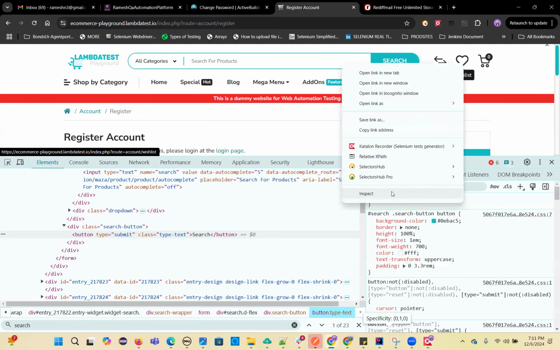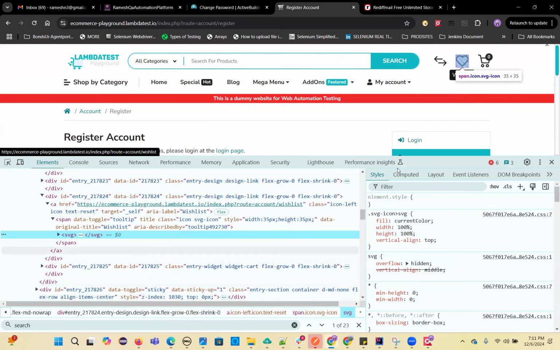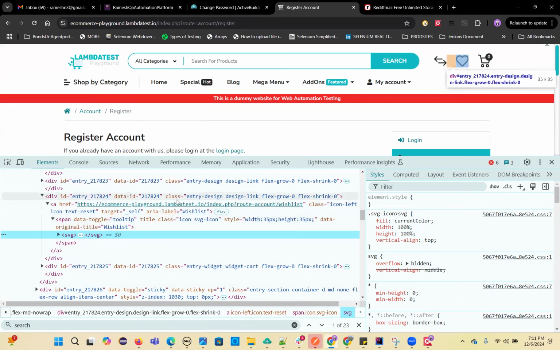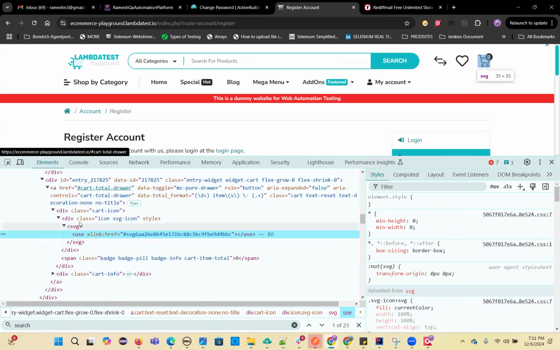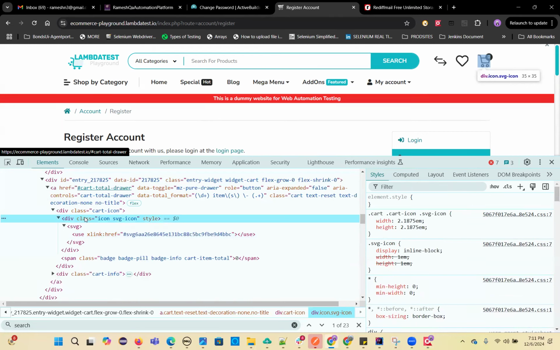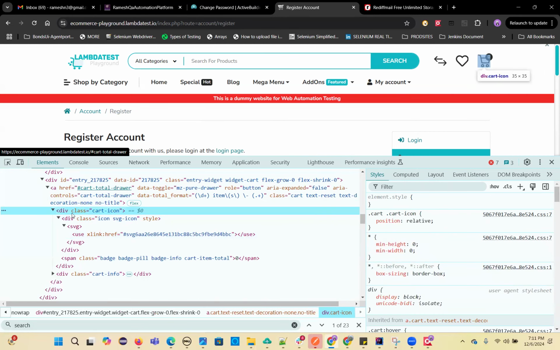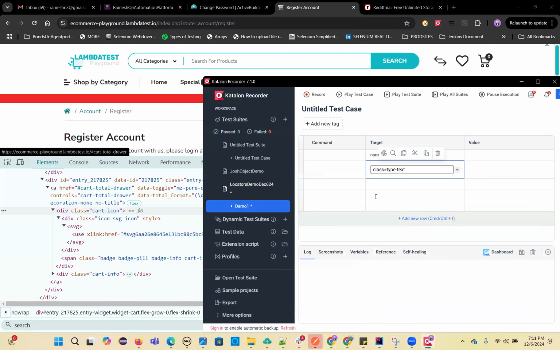You can identify this also, any element. For example, there is a cart. You can identify the cart also. This is the div cart, class is there, cart icon. So you can give class equal